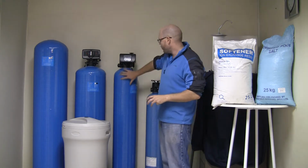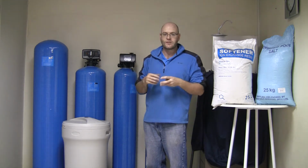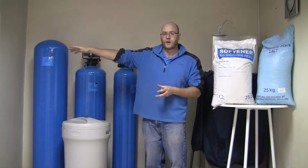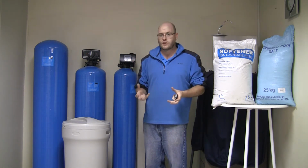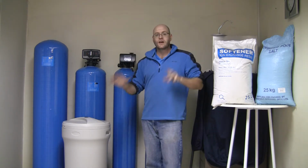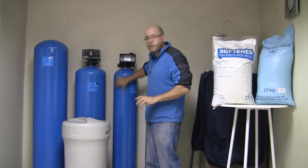Now eventually all the resin inside will be completely stuck with calcium and magnesium, there will be no sodium left, and then whatever magnesium and calcium is coming through is going to get through and continue on to your final destination. So what the unit has to do is run what they call a regeneration cycle. Now what happens in a regeneration is that in your 100 litre brine tank there is a mixture of salt and water. Now the softener is using the salt as a source of new sodium ions to regenerate the actual